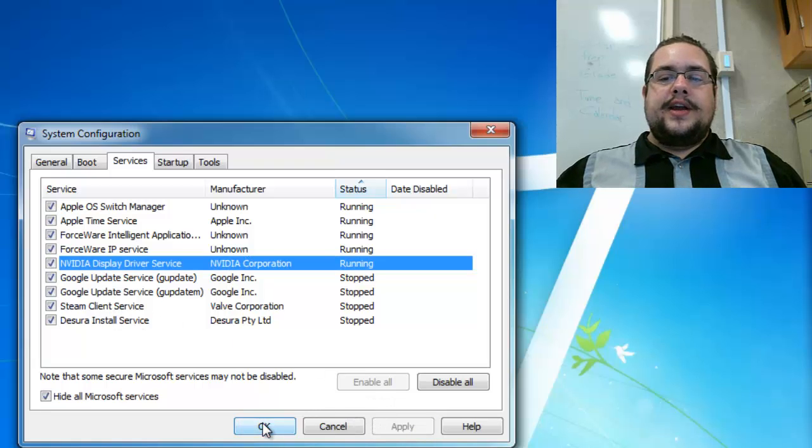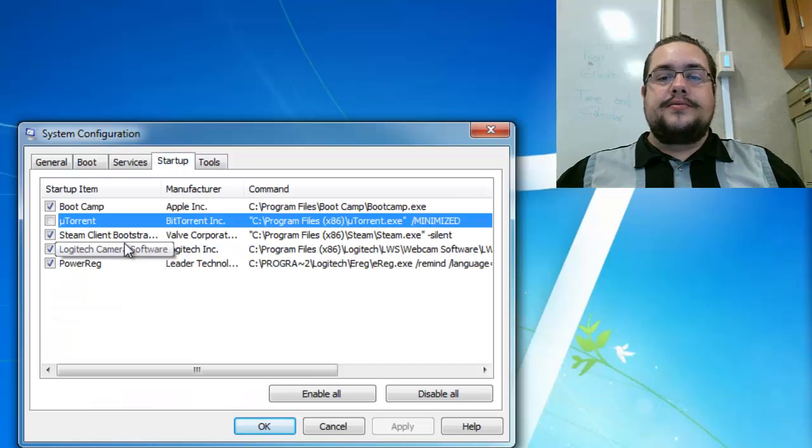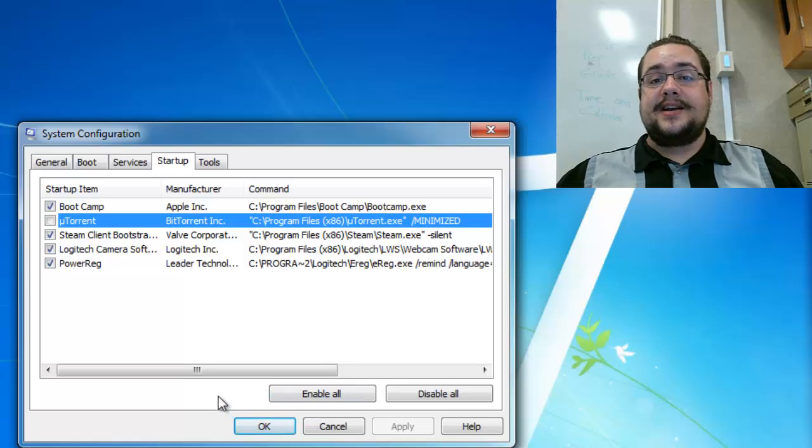When you press OK after you've applied all your changes, your computer should want to restart. Once you restart it, it should be a lot faster, just because it doesn't have all that bulk running in the background. When you press OK, you're going to get a notification that's going to ask you to restart. Go ahead and do that and see if it helped your computer at all. And that's my first tip